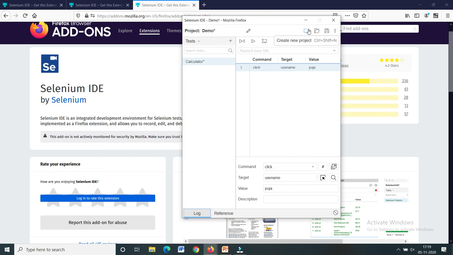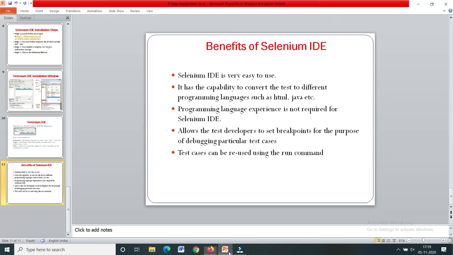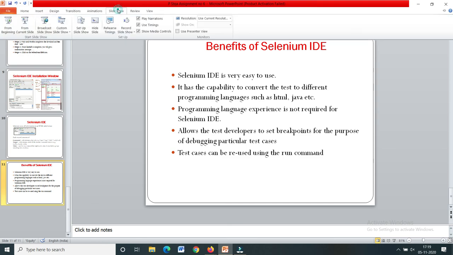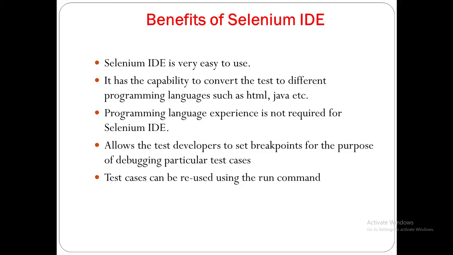And here you can create a new project, open a project, and save a project. After that, the remaining part is the benefits of Selenium IDE. Selenium IDE is very easy to use. It has the capability to convert the text to different programming languages such as HTML, Java.